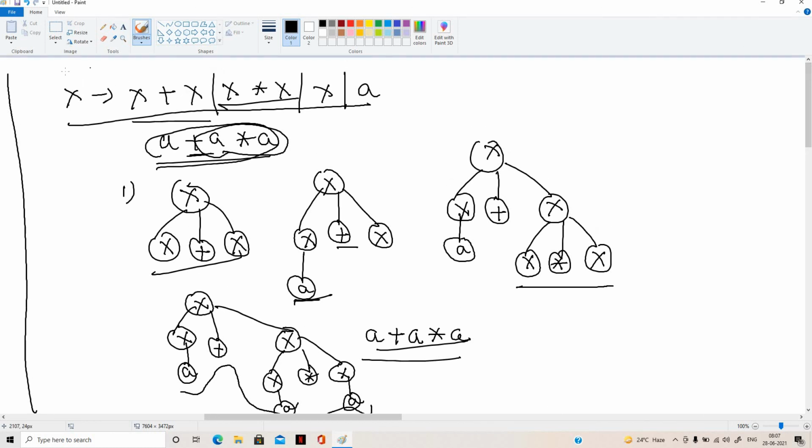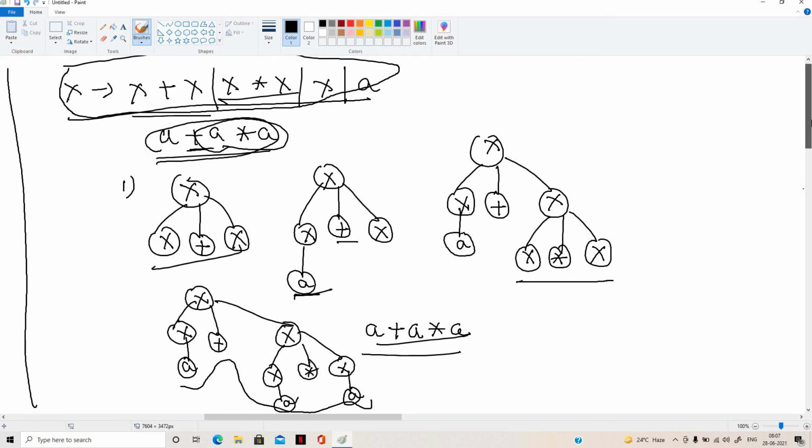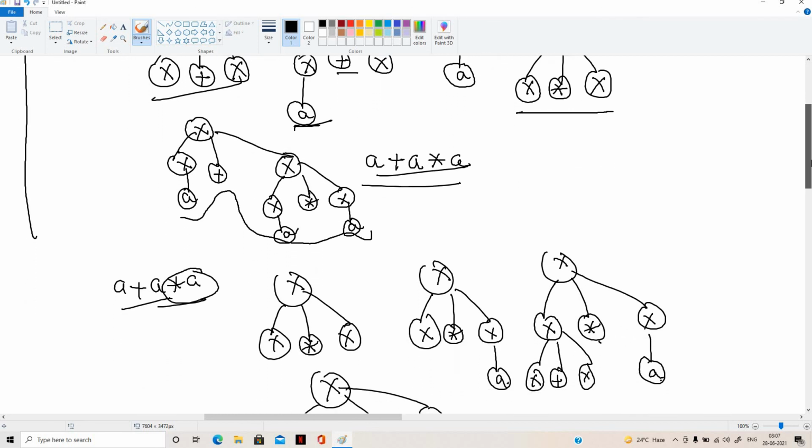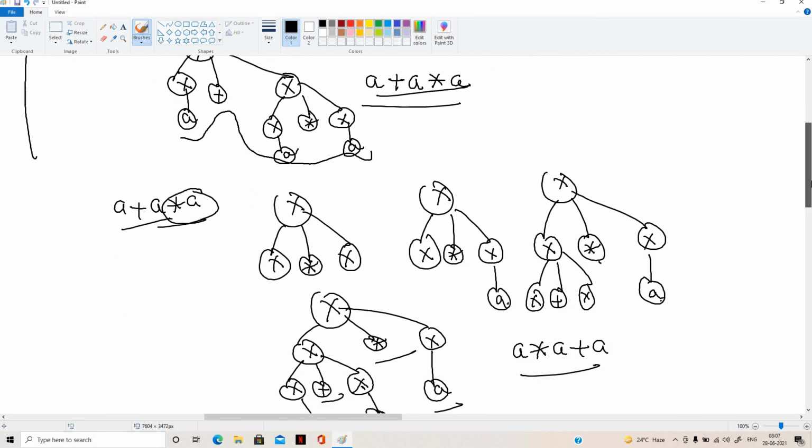With the help of this grammar, I derived the string a plus a into a, drew a parser tree for the given grammar, and derived the string with leftmost derivation. Similarly, I derived the same string with rightmost derivation.